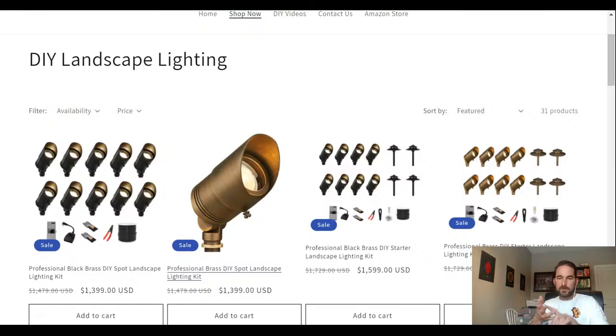I get 500 to 1,000 of these consults a year that I go through, for probably the last 5 to 6 years now, at least. And the amount of money that we're able to save people just by not overdoing it with lights makes a huge difference. And it looks professional. I'll be honest, those design consults, a lot of times people send back pictures and their projects look a lot better than